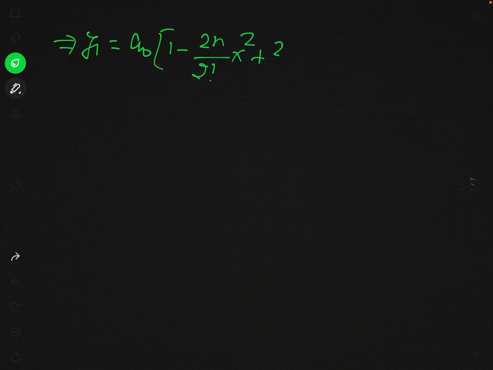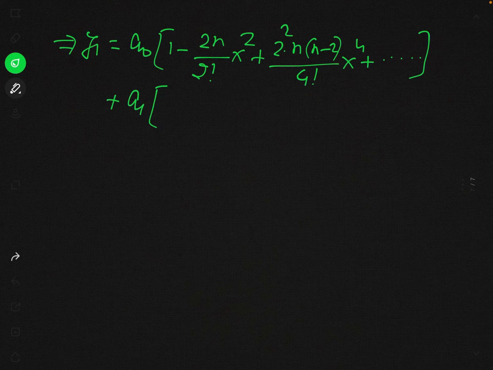So you can see y1 will be equal to a naught times 1 minus 2n over 2 factorial x square plus 2 square times n minus 2 over 4 factorial x4 and plus so on, and plus